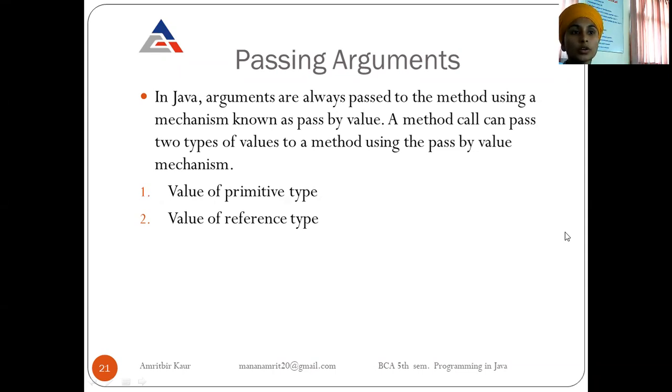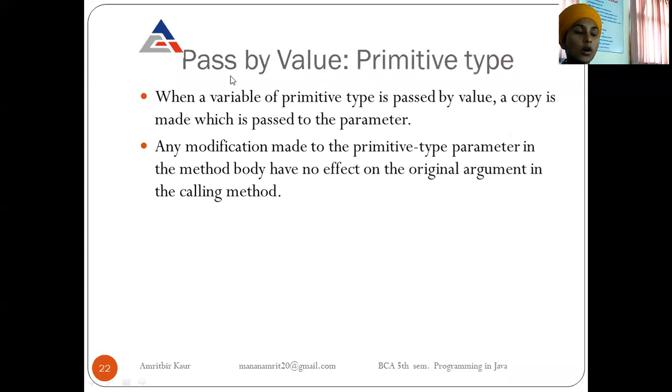So when two different people refer to the same copy, if someone changes it, it will be reflected. But if both are using different copies, then the changes will not be reflected in the other. So now let us see how we can pass primitive types and reference types. Firstly, we will see pass by value for primitive types.